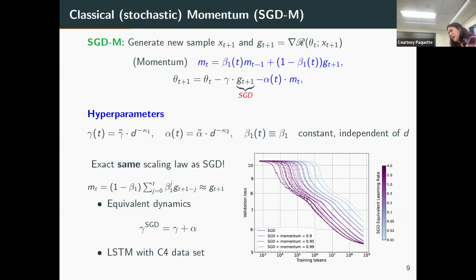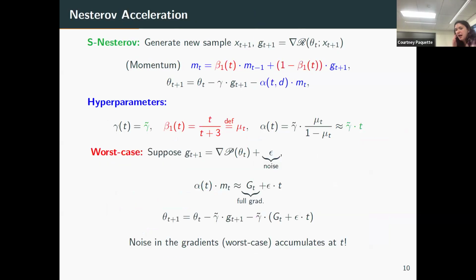So what the 0.9 is actually doing, in some sense, is just letting you take a larger learning rate, one, and two, it's doing a little bit of averaging. So it's giving you a little bit of extra averaging in your gradient to reduce variance. That's how you should think about it. That's what's going on, and that's fully general. Okay. So let's look at what we know is optimal, which is Nesterov's acceleration, and what happens here.